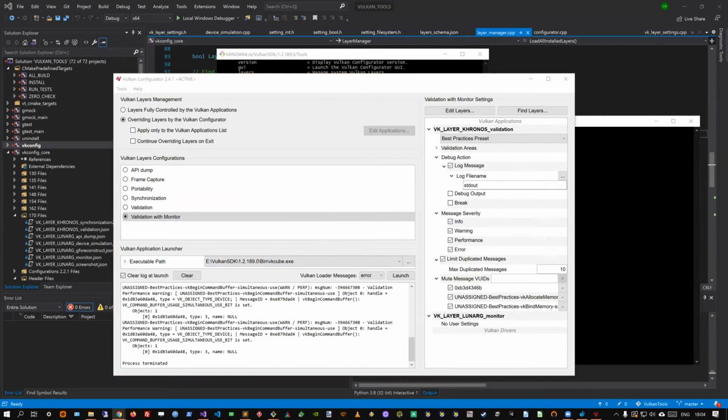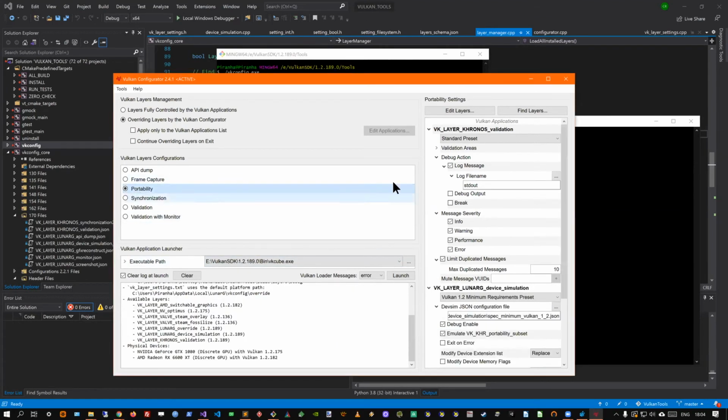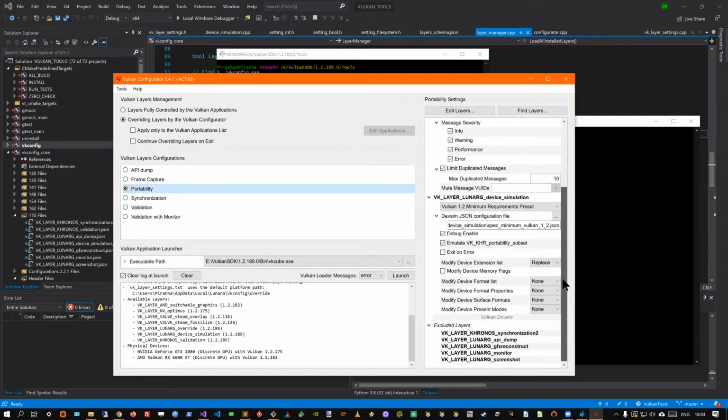So let's try to modify the DevSim layer. This part is really more for layer developers. I'm going to consider that we have the device simulation layer here, but we don't really like too much how these settings are exposed to the user. So what component do we need to change so that we can refactor these layers?